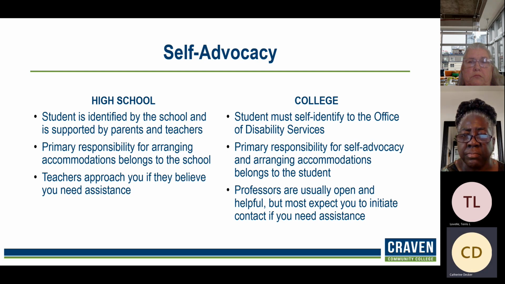They are responsible for self-advocacy and arranging accommodations, which I help with. Professors are usually open and helpful, but most expect you to initiate contact if you need assistance with them or whoever that may be in the college.